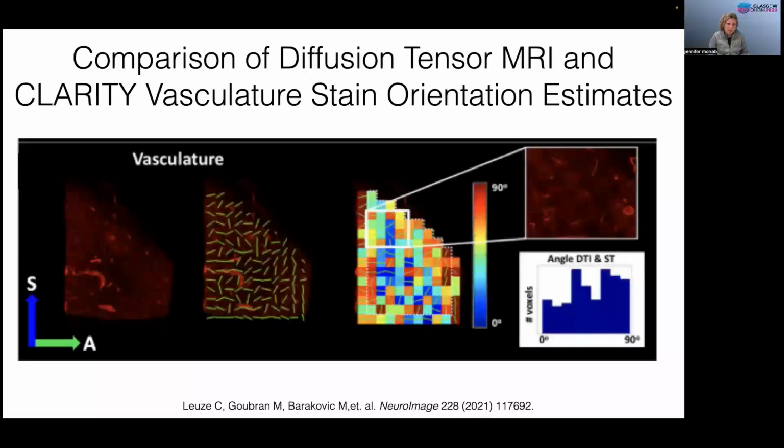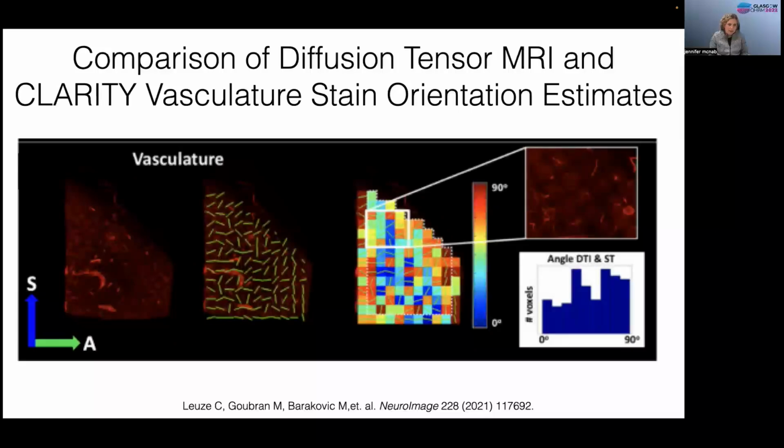We also looked at a comparison of diffusion tensor orientation estimates and orientation estimates in the clarity using structure tensor, but on the vascular clarity data that shows the vasculature rather than the neurofilaments. And this was interesting because there's been some open questions about whether the vasculature contributes at all to the white matter orientation estimates that we get with diffusion. And in this case, we didn't see any